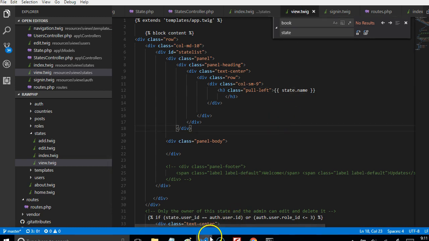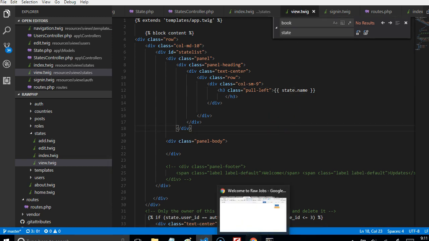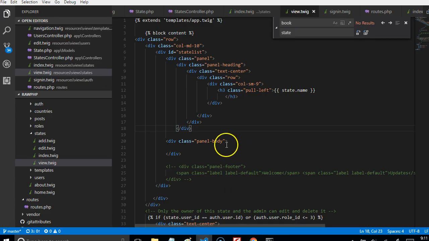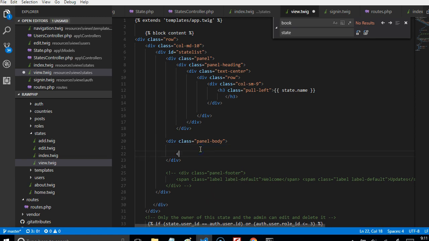So now that we have it, what we can do is to quickly go and refresh, and we should see the name of our state here. Alright, so the name of the state is Lagos State. So what we can add here is the list of users in this state. So we will go back to our code inside the body section. We can just say h2. We can say list of users in